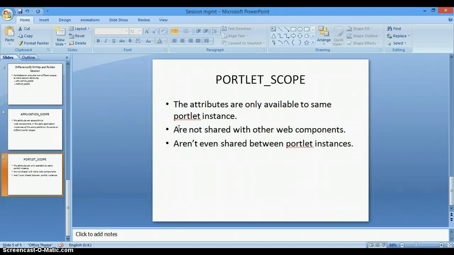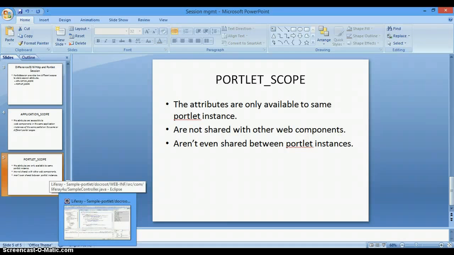For example, you have a portlet A, and you have multiple instances of portlet A on different portal pages, or on a single page. If you set attributes in a particular instance of portlet A, then they won't be available to a different instance of the same portlet.